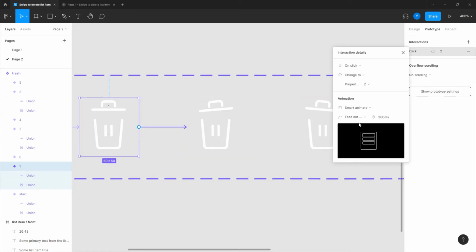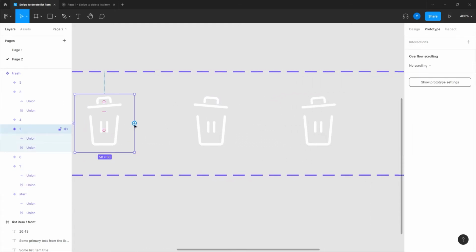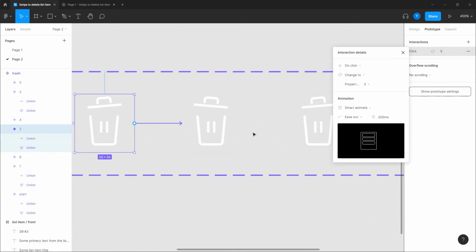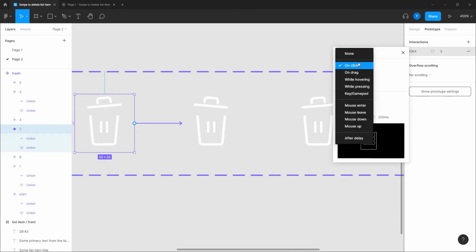Now here, this is going to be again in after delay, but here I don't want any delay, or maybe, you know what, a very small delay. Let's give it like 100 milliseconds delay, and this is going to be 200 milliseconds. I'm going to have it just in an ease out, and yeah, I need to do a tutorial about easing. I know I said that already a few times and I didn't, but soon I will, to explain it better.